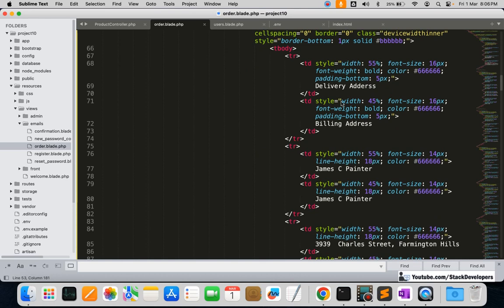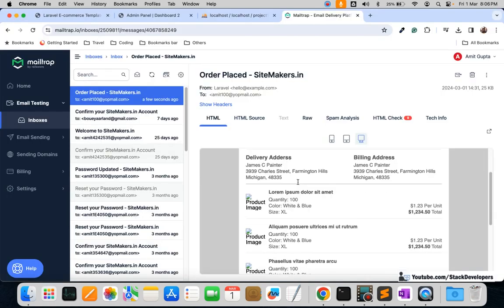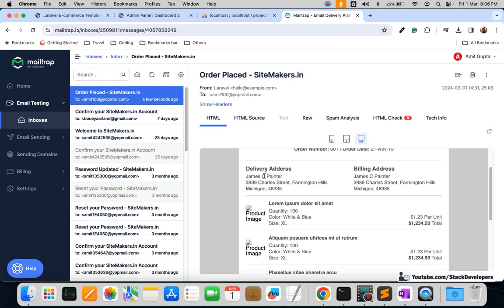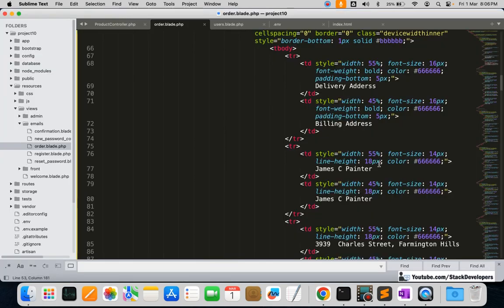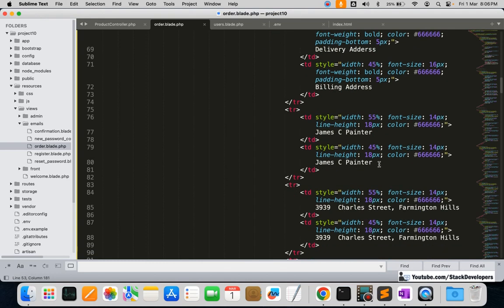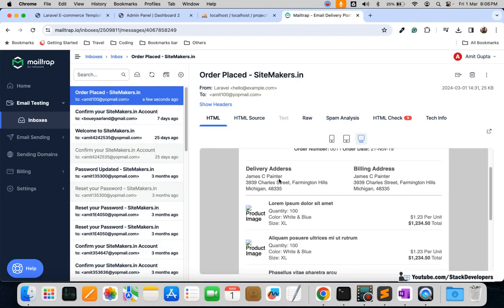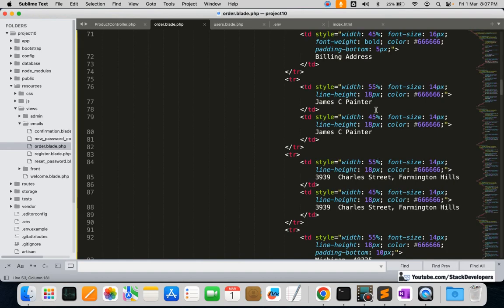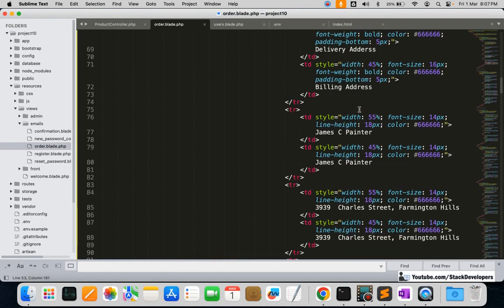Now delivery address and billing address. Okay, so let's check in the email first, the delivery address, how it looks. So the first one is delivery, billing, and after that, okay, so it is showing like this, James Winter after this one. So we are going to give both addresses, the delivery address as well as the billing address. Okay, and for that, the first one is the delivery address. So here we are going to add that dollar order details,